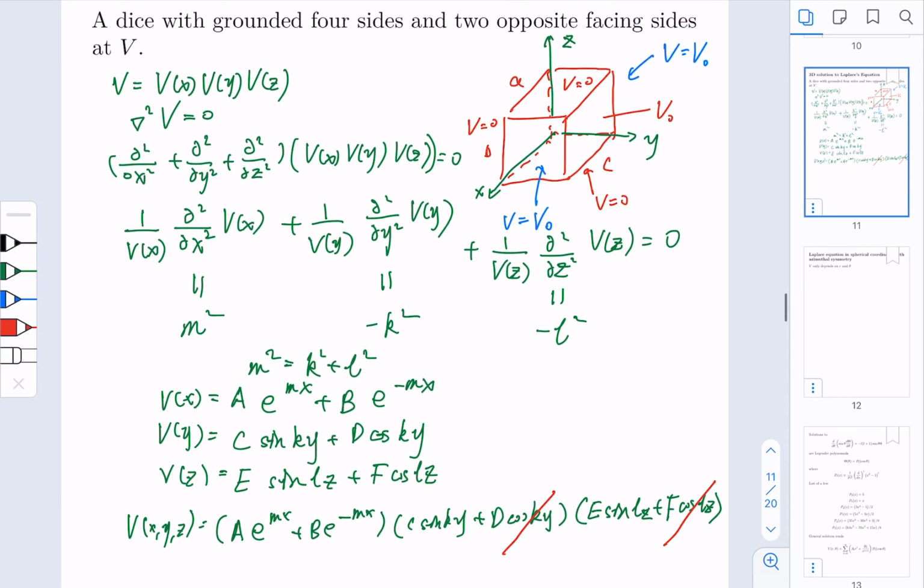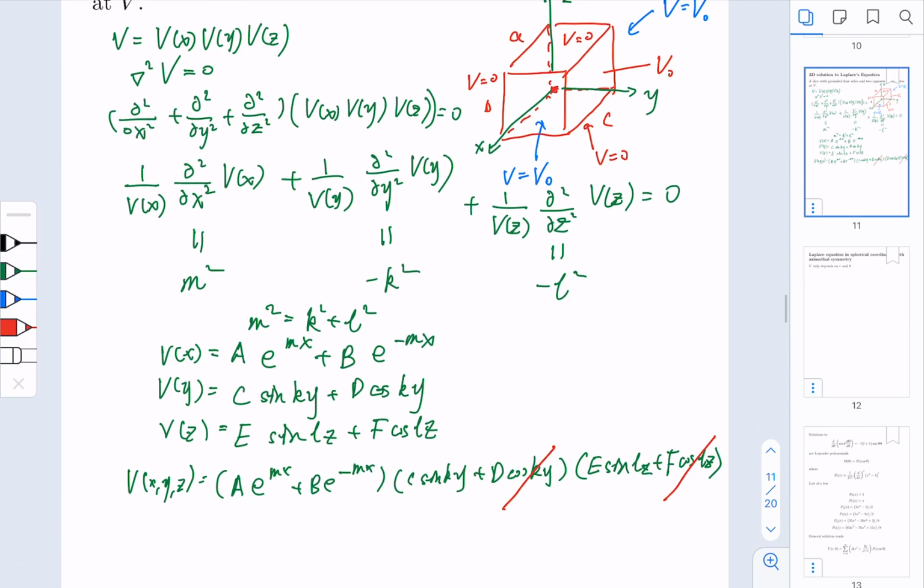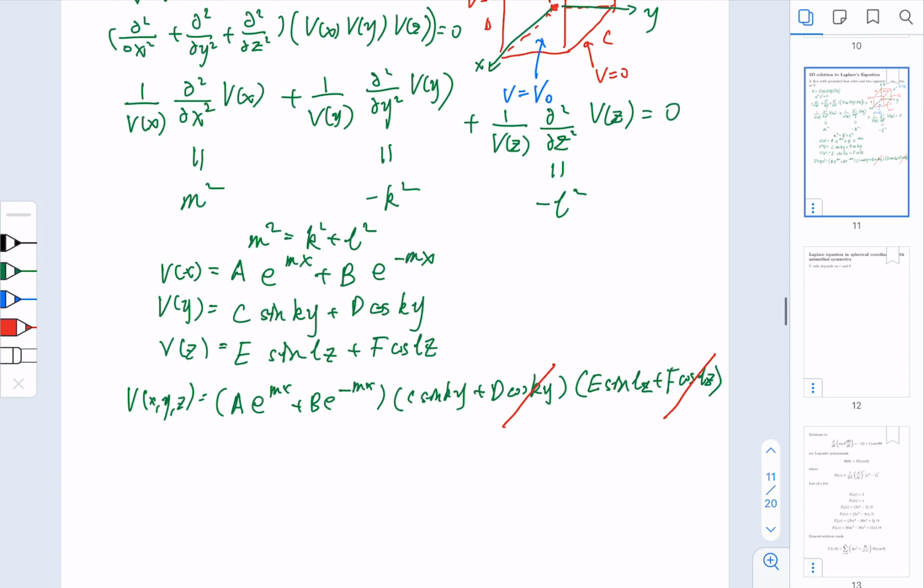Here I set the origin such that the 0 is at one of the corners, so we can no longer apply the expressions that we have for the sine and the cosine, because here it's not a simple even function or odd function. But here again, along the y direction, the